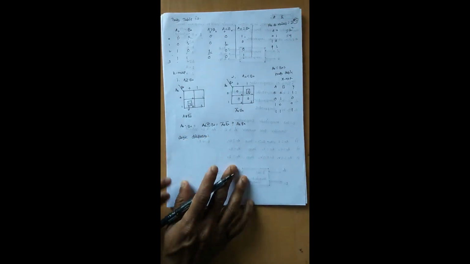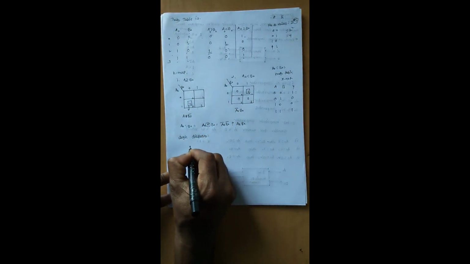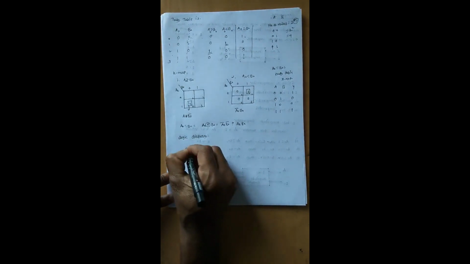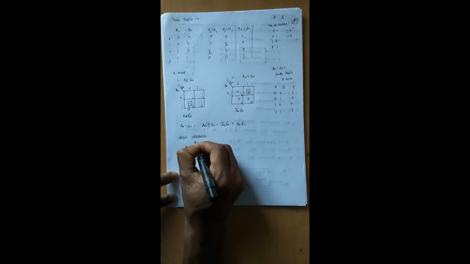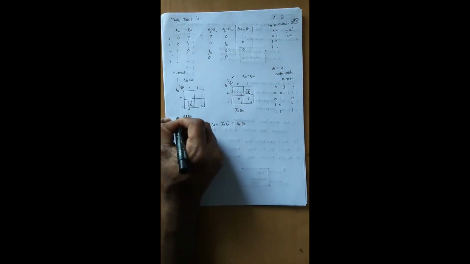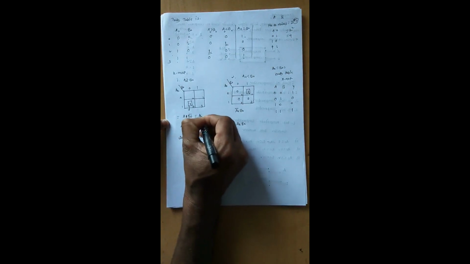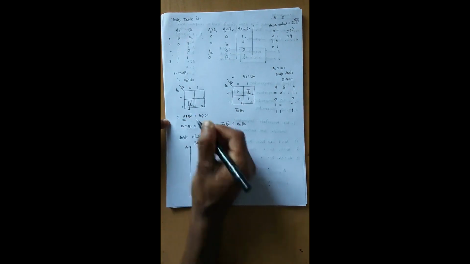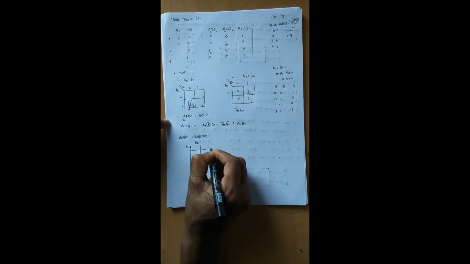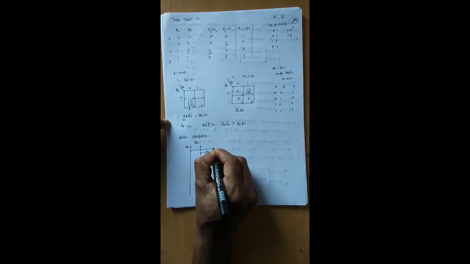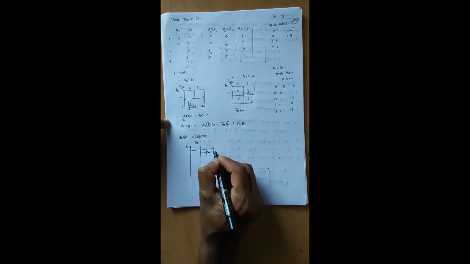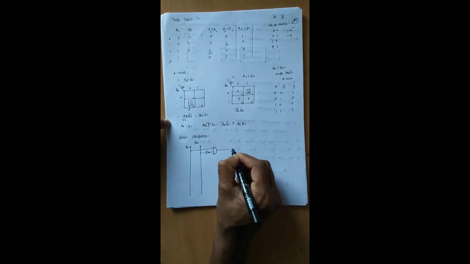Okay, for that we require two inputs, which are A0 as well as B0. What is the output of first? This is A0 is greater than B0. We need A0, definitely we will consider A0 from this point. We need B0 complement, so take B0 complement by using NOT gate, and they are ANDing with each other, so use AND gate. Okay, this is the first function, A0 is greater than B0.